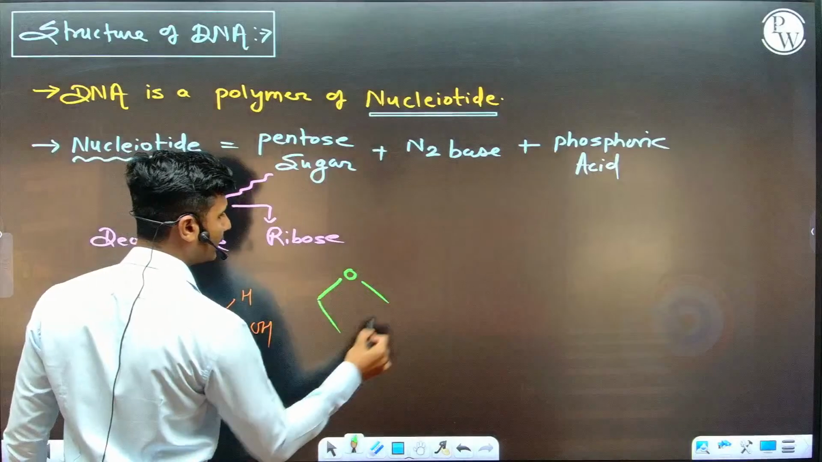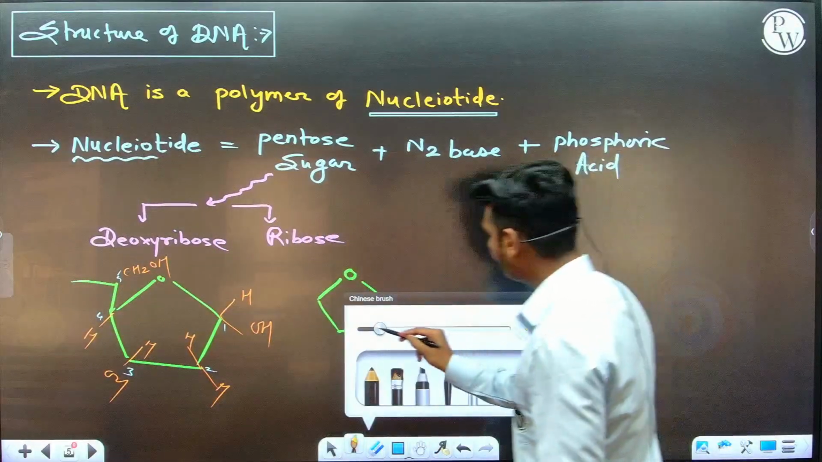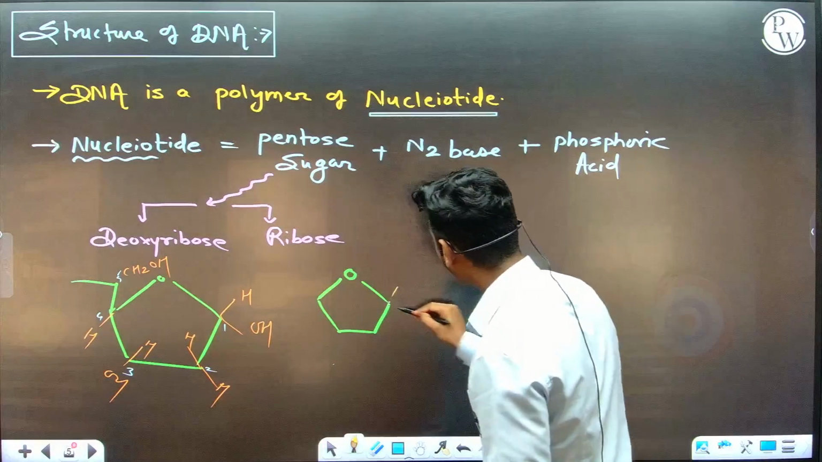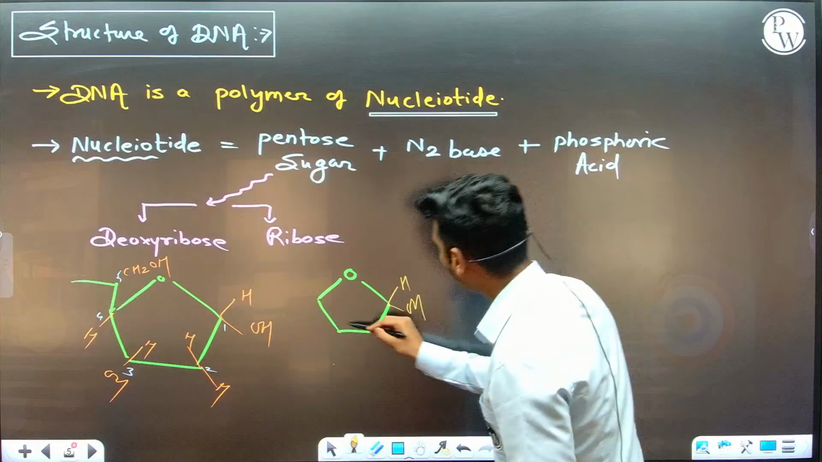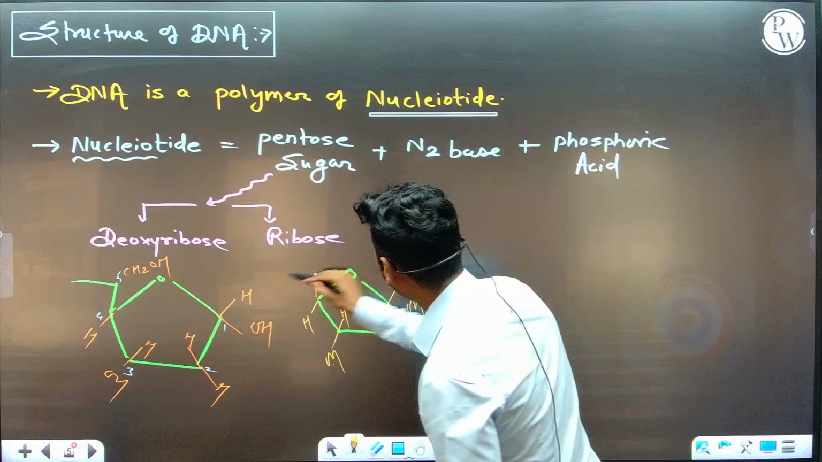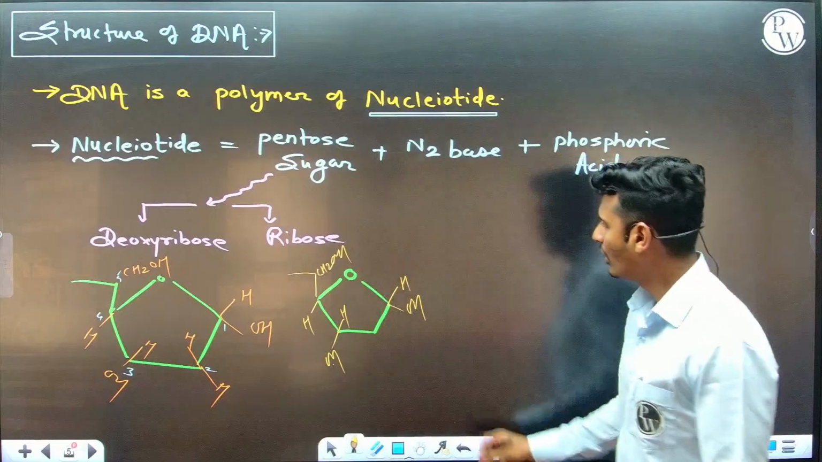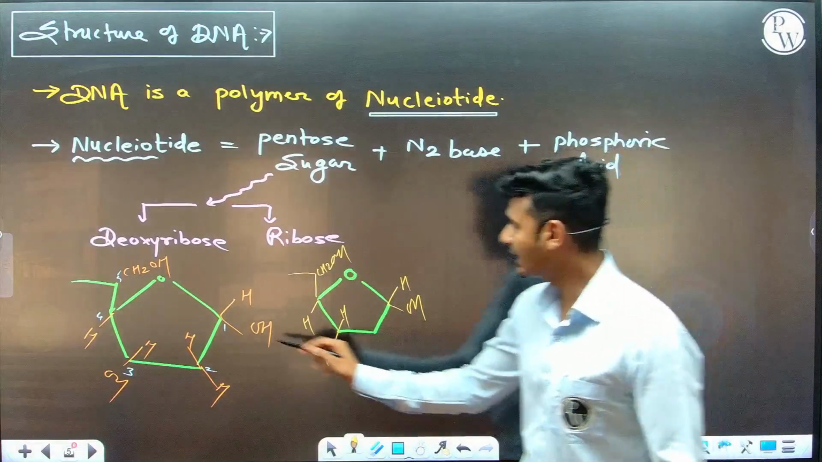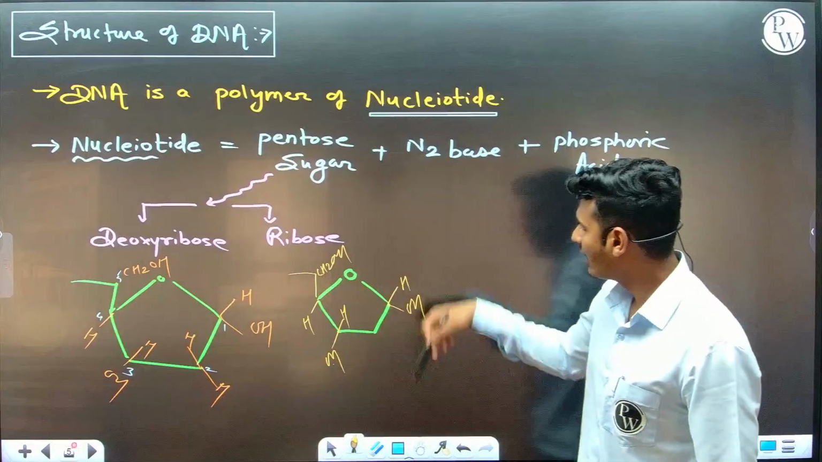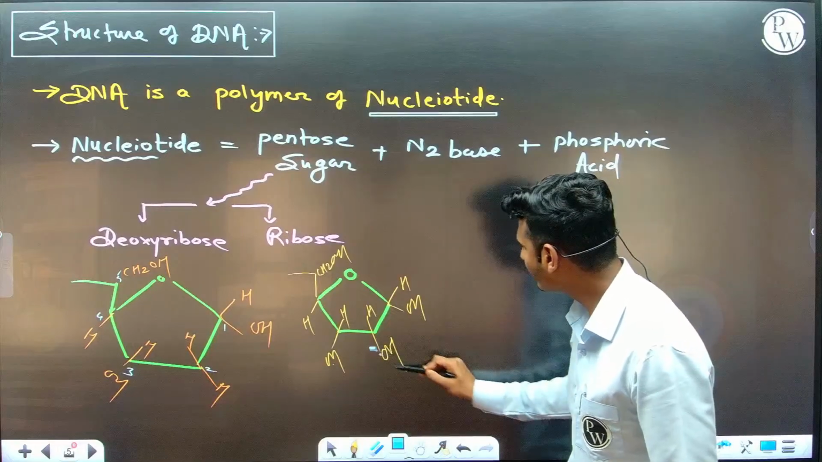Oxygen 1, 2, 3, 4, 5. Everything is the same. Like on the first carbon, H, OH. On the third carbon, H, OH. On the fourth carbon, H. On the fifth carbon, CH2OH. Everything is the same. On the second position, observe that in deoxyribose there is an H, H. And in the case of ribose sugar, here is an H and OH. One extra functional group